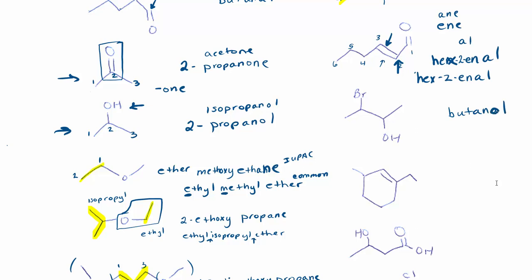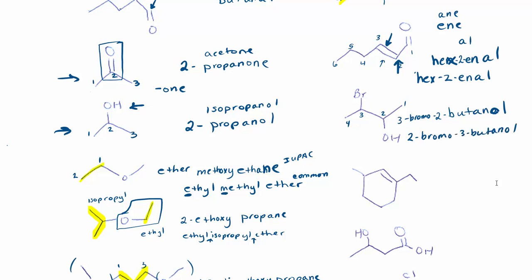OL is an alcohol group. The alcohol group is at carbon 2. So this would be a 2-butanol. The bromine group is at carbon 3. So it would be 3-bromo-2-butanol. A common question I get is isn't it also correct to call it